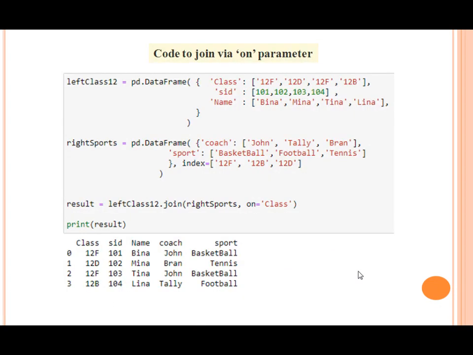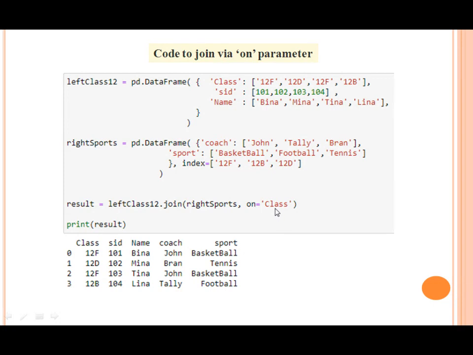Okay, now children, it's time to see how this code works with the on parameter. Again, left class 12 is data frame 1 and right sports is data frame 2. So I had written left class 12 dot join right sports with parameter on equals to class.